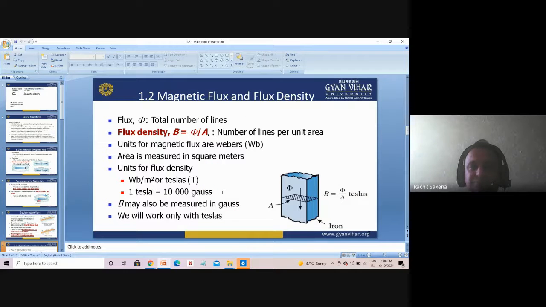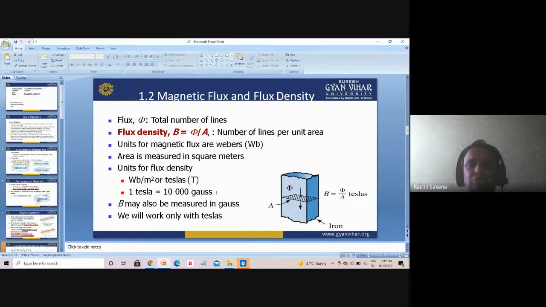Now move forward. We have magnetic flux and flux density. In the previous class, magnetic flux and flux density are the important or main parts of the magnetic field, because if we don't know about magnetic flux and flux density, we can't calculate their values, and we can't say that the current is converted into flux, or that the flux is proportional to the current. So through flux or flux density, we can understand how the electrical field relates to the magnetic field.